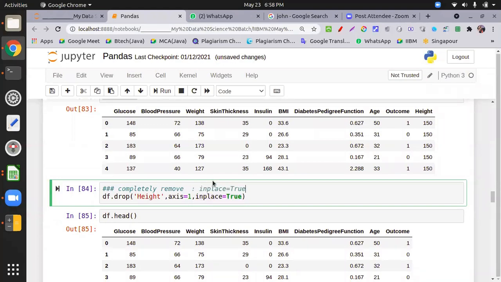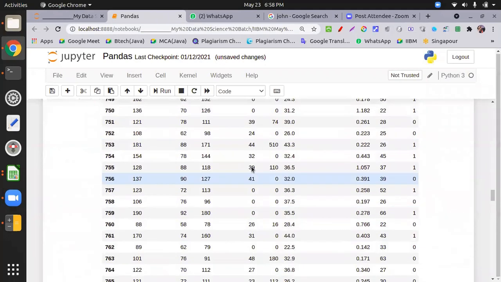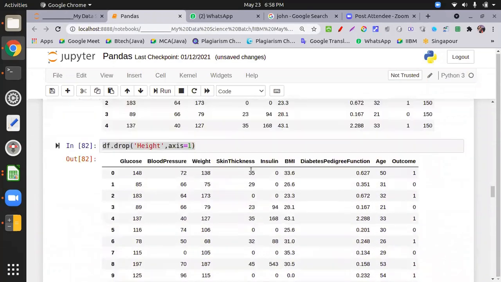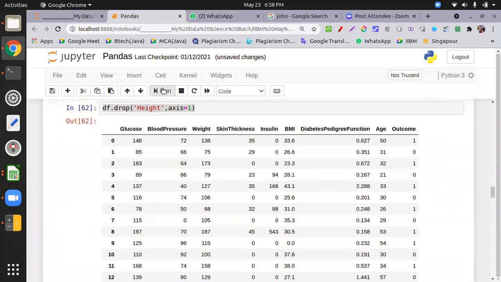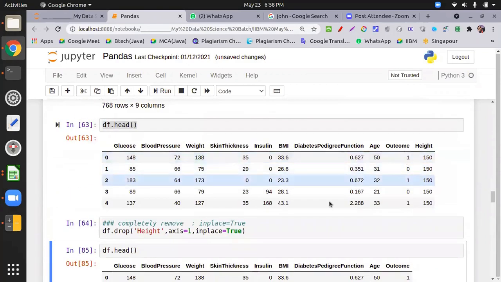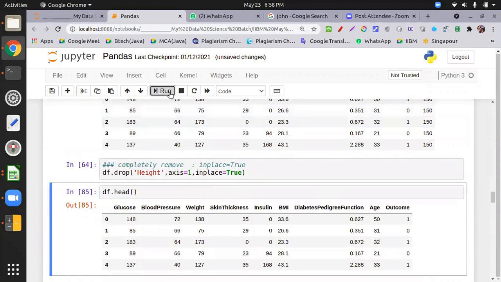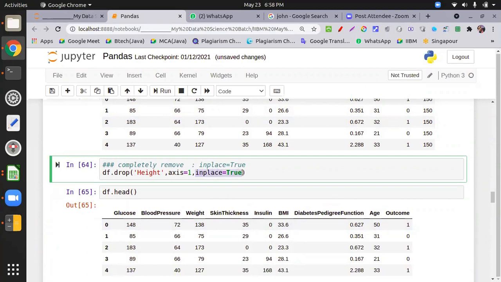When you put inplace equal to true, what happened? Now it's completely removed. Let me run all the things, because I only showed you. Run. Yes, height is there. Now I show height is removed. So keep in mind, when you want to reflect the change in the original data frame, we use inplace.